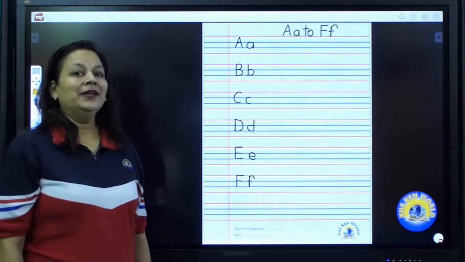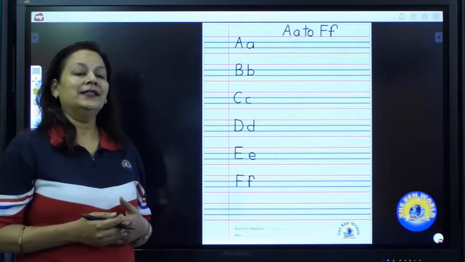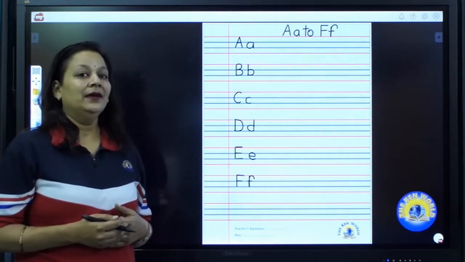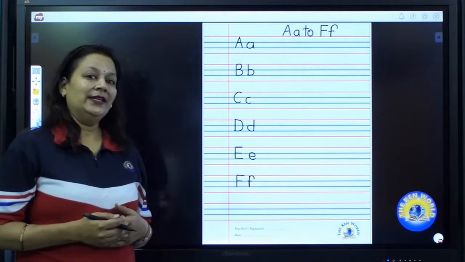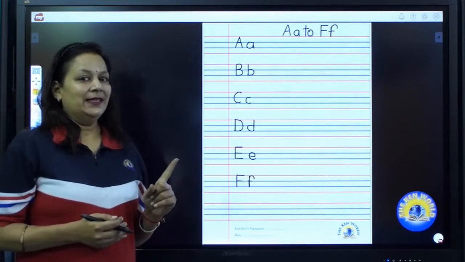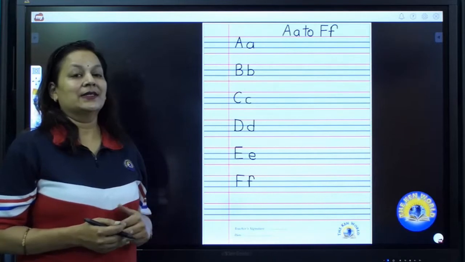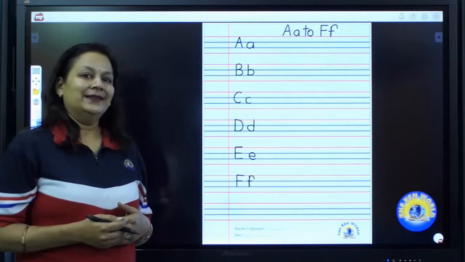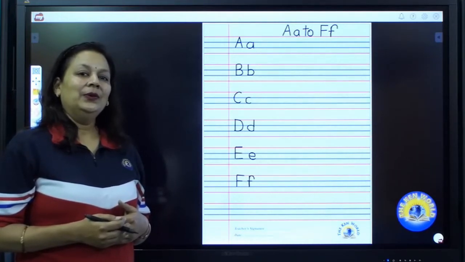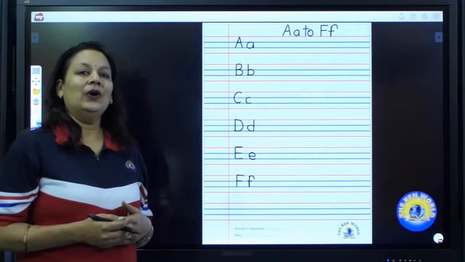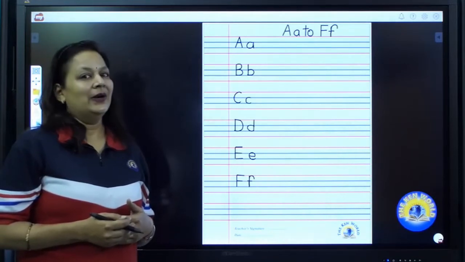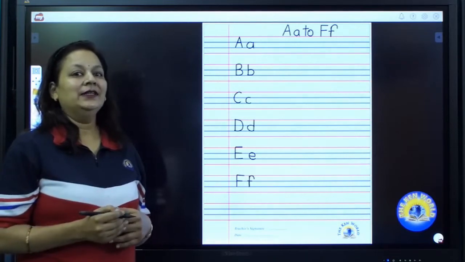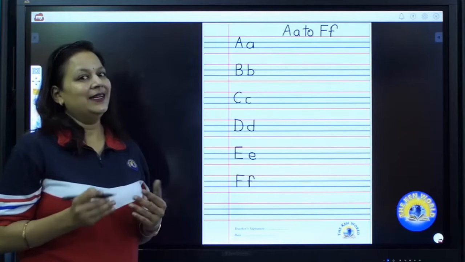On the blank page, we are going to repeat letters A to F for more practice. We are going to write both uppercase letters and lowercase letters. Uppercase letters are also known as capital letters, and lowercase letters are known as small letters. Now hold your pencils like this. You have to wait for your turn. Speak with me and write after me, kiddos.